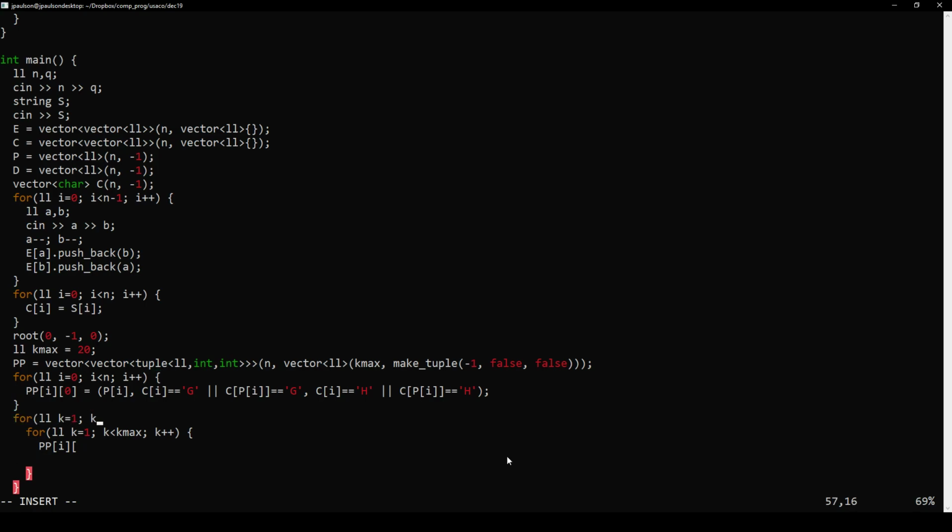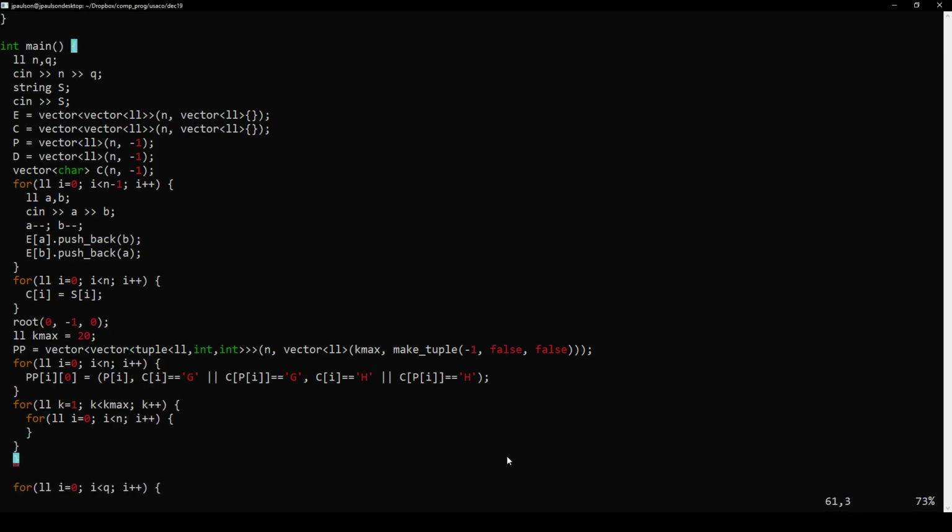And we're going to use... okay, so how do we actually fill in PP? We use the fact that a step of size 2 to the n is 2 steps of size 2 to the n minus 1, right? That's the point of the powers of 2: the bigger step is composed of 2 of the previous step. So PPIK is